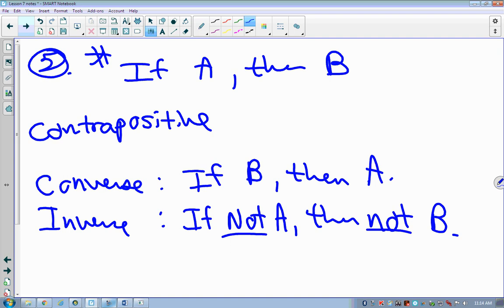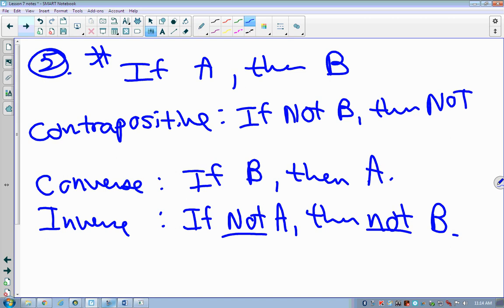It's going to have to be the opposite whenever I get down to the inverse. But the order stays the same. But with a contrapositive, we use both. We switch the order and apply negation. We would say if not B, then not A. Does that make sense? So we need to understand what these things are before we can answer the question, what